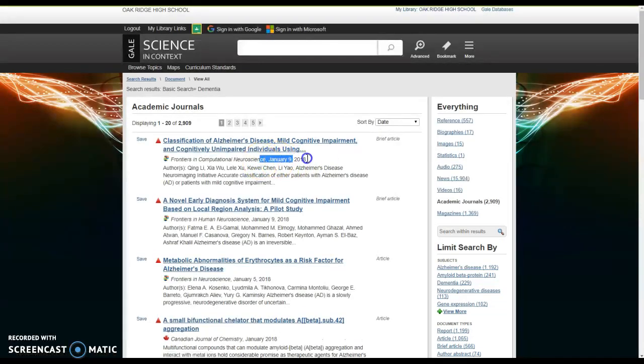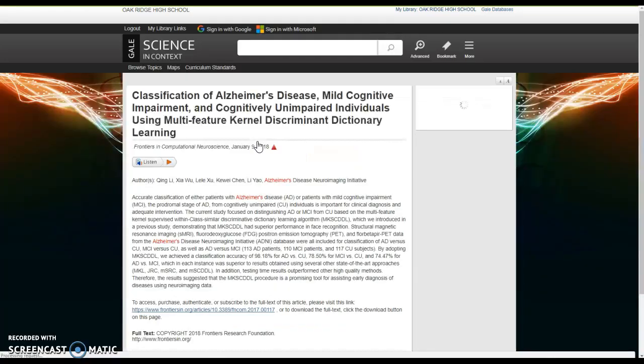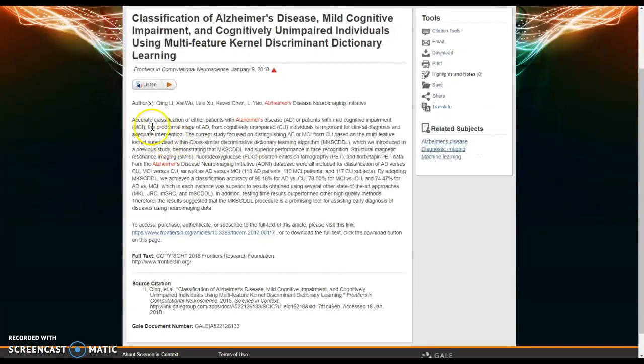So January 9th, very up to date. This one is pretty short, but there's a link for more information. It looks like the full text, so they're just giving you a preview. It looks like they want you to purchase the rest of the article. So be aware of that. You would most likely want a full text article, but maybe you can get enough out of this for your